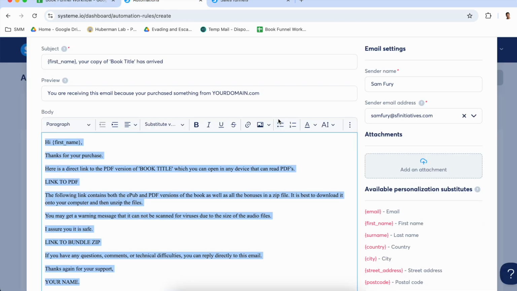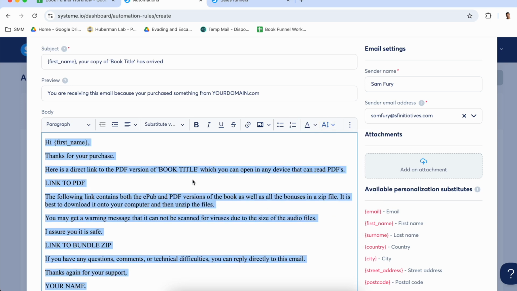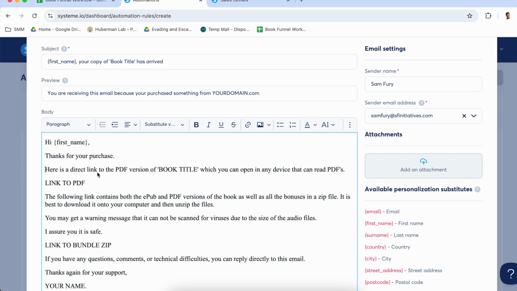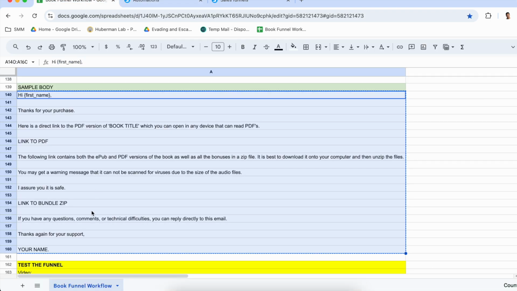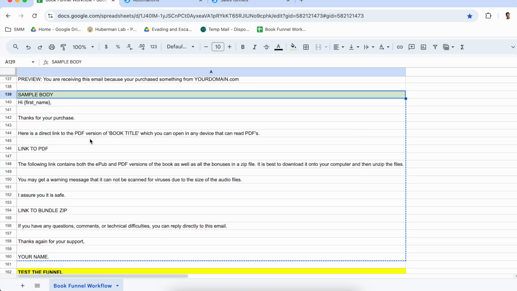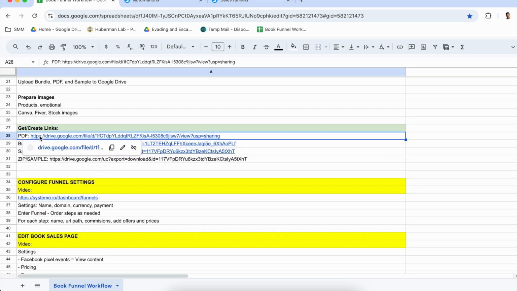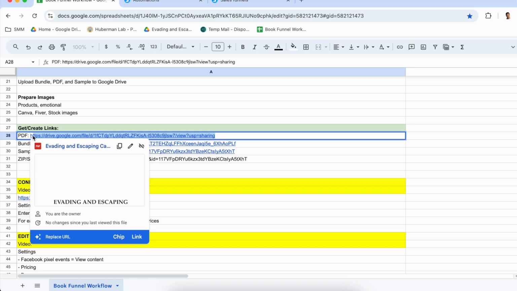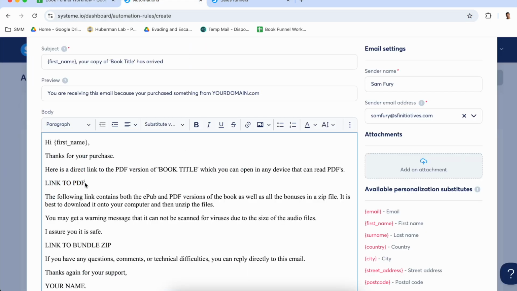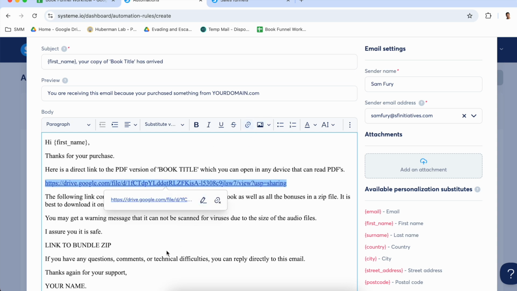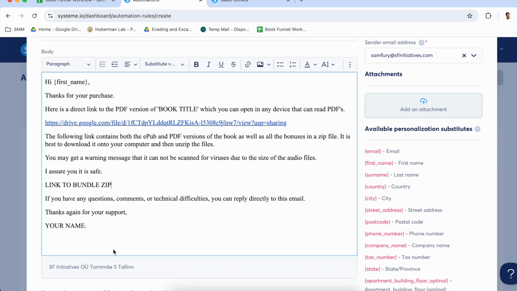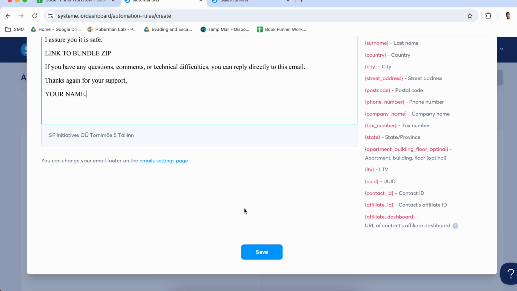And then put this in there. I like to make it a bit bigger. Let's make it 18. All right. Hi, first name, leave that. Thanks for your purchase. Here is a direct link to your version of book. Make sure you change this. Link to the PDF. Where's the link to the PDF? You can see that I've highlighted this green. So go up, past the first green one to here, and then you just copy and paste this in on top of this and add the link, okay? And do it for the bundle as well, and then change your name. And that's it. And then you can save this